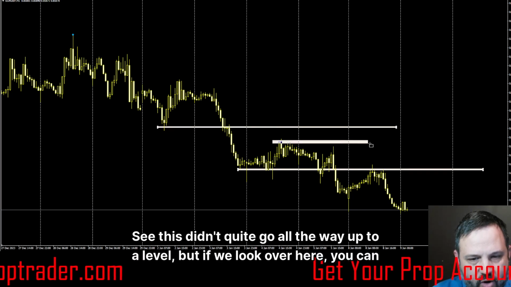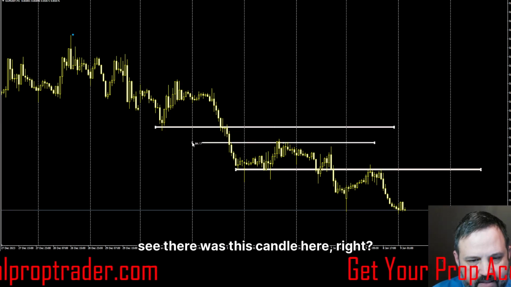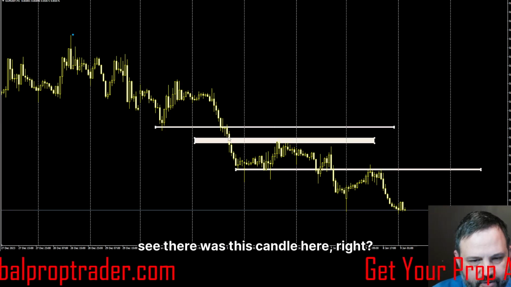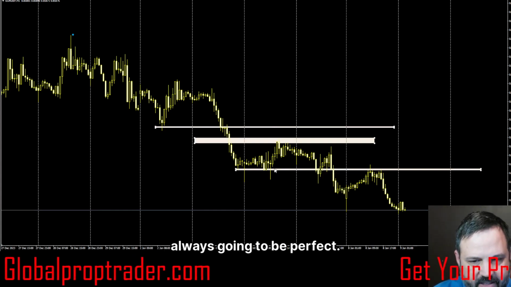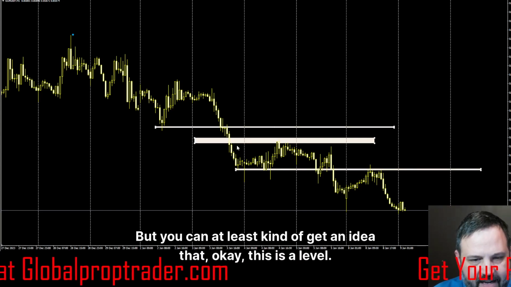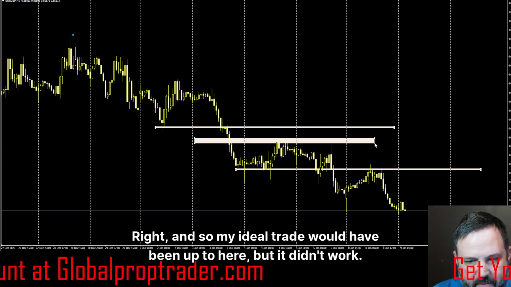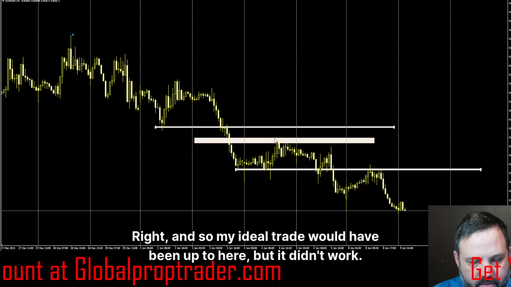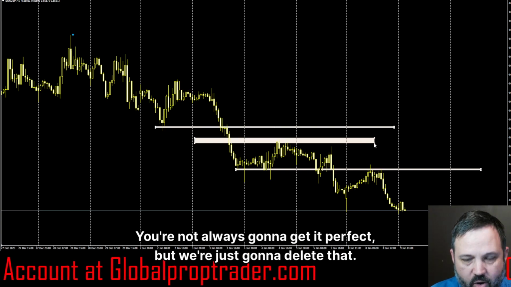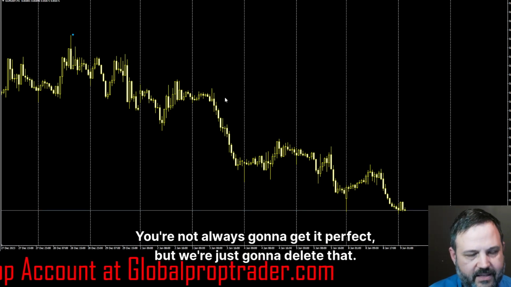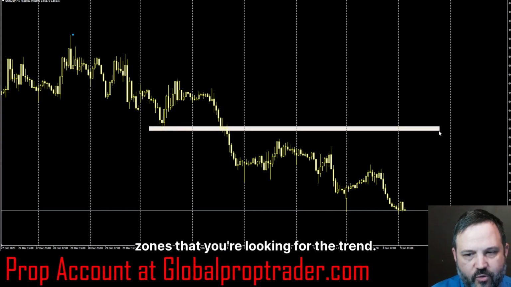See, this didn't quite go all the way up to a level, but if we look over here, you can see there was this candle here, right? But it's hard to say because there are all of these different candles, so it's not always going to be perfect, but you can at least get an idea that, okay, this is a level, right? My ideal trade would have been up to here, but it didn't work, and that's okay. You're not always going to get it perfect, but we're just going to delete that. So step number 2 is just identify your key levels, and these are zones